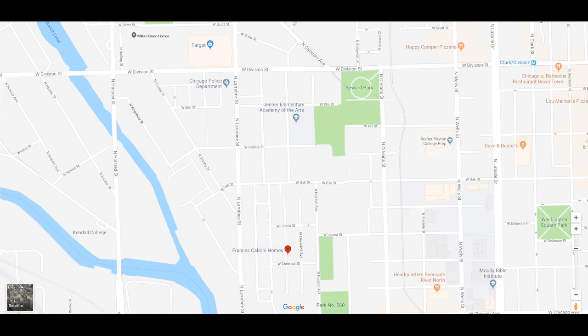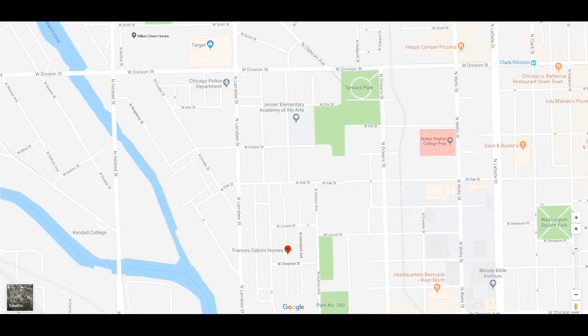This is downtown, the Old Town neighborhood. This is important because this really shifted from an area where there were housing projects to where they were completely razed. So this is my high school, Walter Payton College Prep. Right now, Walter Payton is a top 30 school in the entire country. It's a public school, but it's what is called in Chicago a selective enrollment school. These are schools where one has to test at a certain level to get admittance. And then once they test at a certain level, they have to be eligible for a lottery to get within